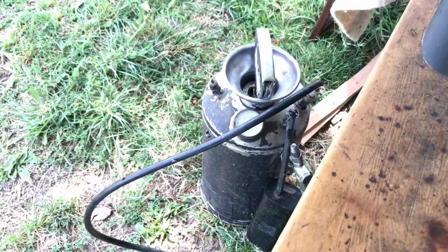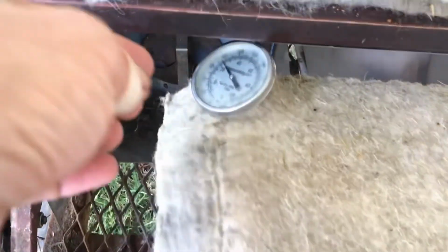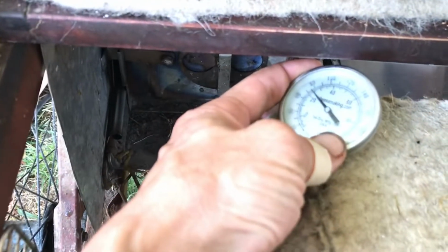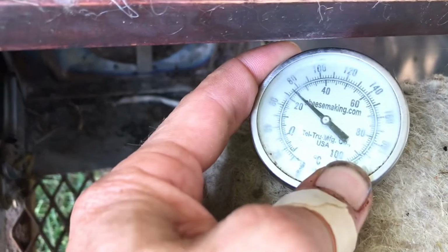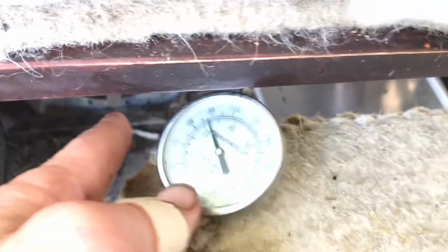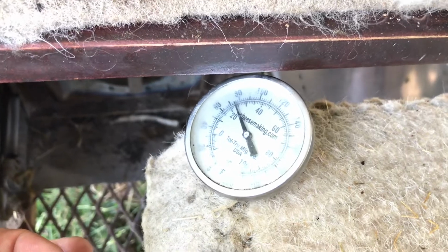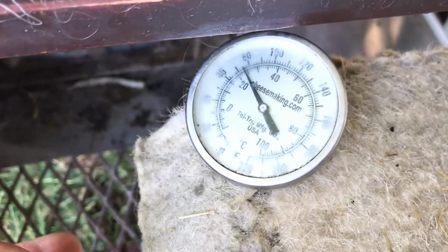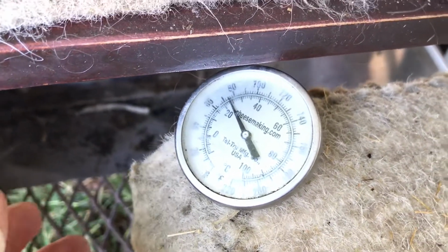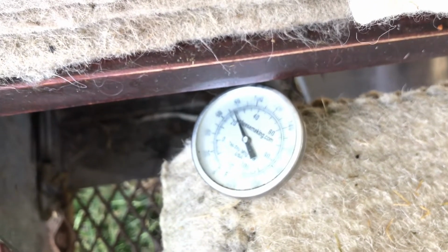Wow! I just got done spraying down all my sheep and the donkey and myself and my evaporative cooler. And as you can see, it is keeping my cheese at room temperature at 75 degrees, and it is over 105 degrees. That's 30 degrees lower than the ambient temperature outside, which, if you didn't know, is really good